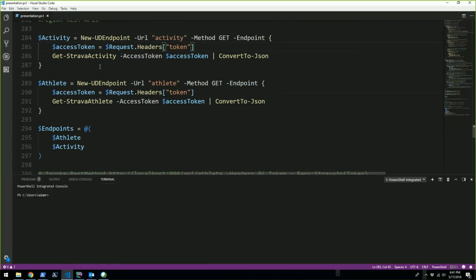So UD exposes the ability to create REST endpoints using the new UD endpoint commandlet. The idea is that you specify a URL, in this case activities, and then I want to use the HTTP GET method. HTTP, if you're not super familiar with it, has a bunch of different methods. GET is for getting data, PUT is for updating data, POST is for creating data, and DELETE is for deleting data. So you can specify which method you want to support here. Then when you invoke that REST endpoint, it's going to call this PowerShell script block. So I just exposed these Strava activity script blocks